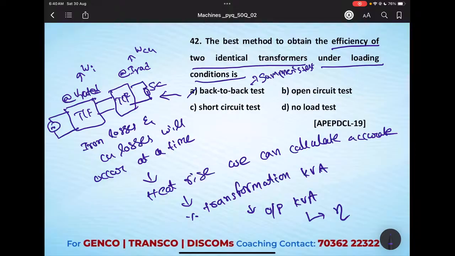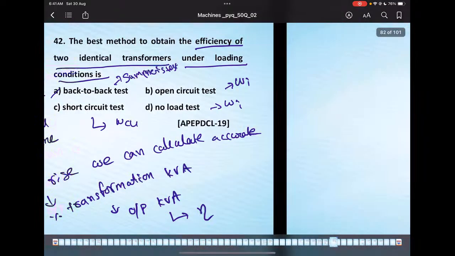Let's look into the other options also. In the open circuit test, we calculate only iron losses. In the short circuit test, we get only copper losses. In the no load test or open circuit, both are the same; here also we get only iron losses. So in the other options, the iron losses and copper losses are calculated separately. The losses are converted in the form of heat, so the heat rise may not be accurate if you calculate them separately. We can't estimate accurately. Thereby our most suitable option will be A. Let's move on to the next question.